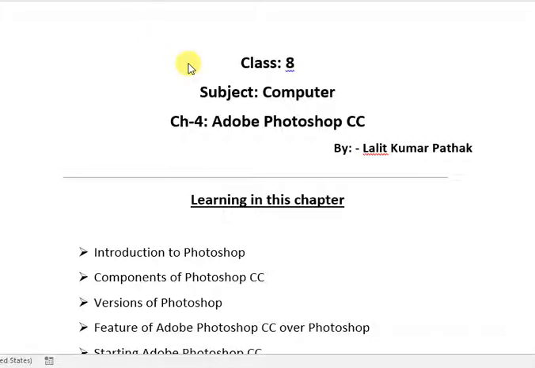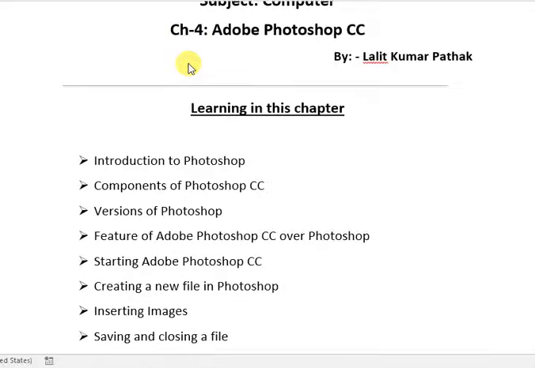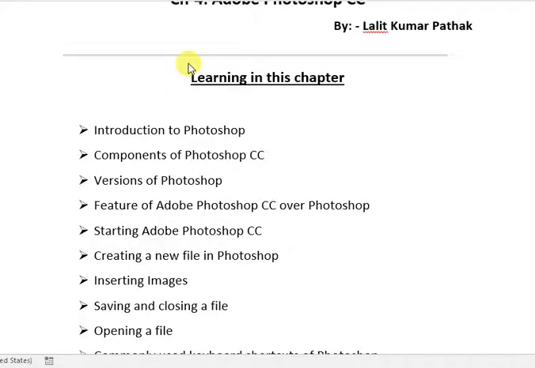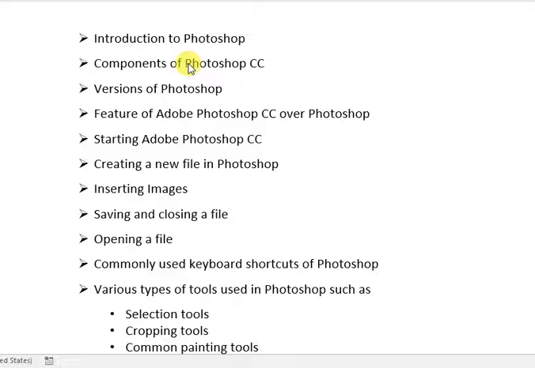In the previous class, I explained the syllabus of Photoshop that you have to learn in class 8.